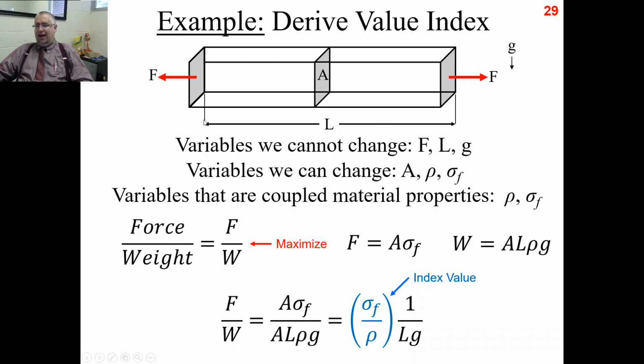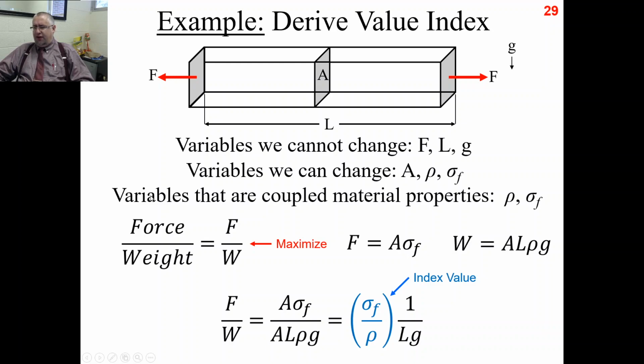on this member, the length of the member, right, again, because it has to fit into a particular space between two other members in the assembly, and we can't change the gravitational constant. This thing presumably is on Earth and is subject to gravity. There's nothing we can do about that. So we've decided what we cannot change, we've decided what we can change,